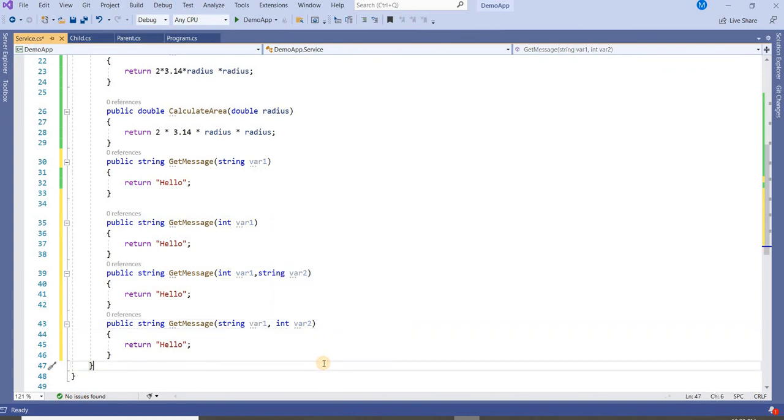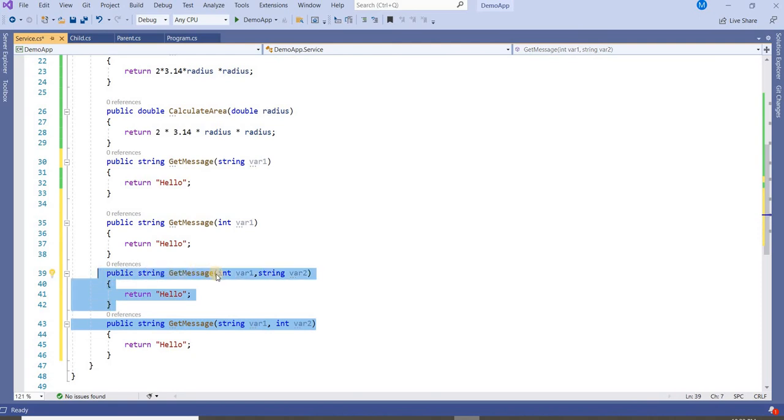So the method overloading part of polymorphism says we can use methods with the same name if they have a different number of parameters or a different order of parameters. Here the order of parameters is different, because it is integer and it is string, so the order is different. That's why, with the same number of parameters, we can use the same method name. That is the order of parameters.